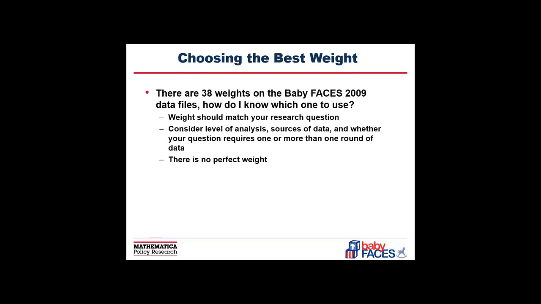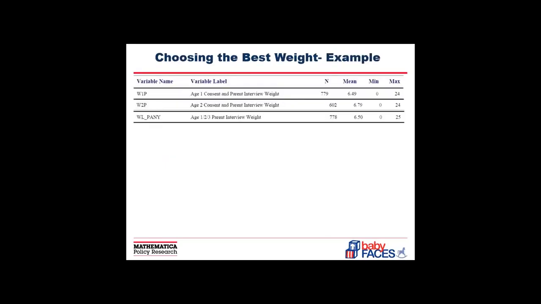There are 38 weights on the Babyfaces data files. When choosing a weight, you should consider your level of analysis, sources of data, and whether you need to work with more than one round of data. This list of weights is a small sample from the codebook for the Cohort 1 constructed variables file. Generally speaking, the second character in each weight corresponds to age, and the third character corresponds to the data source. So, for example, if you would like to find out the percentage of mothers that are employed for children at age 1, you would take the mean of